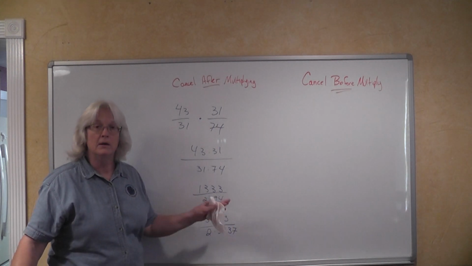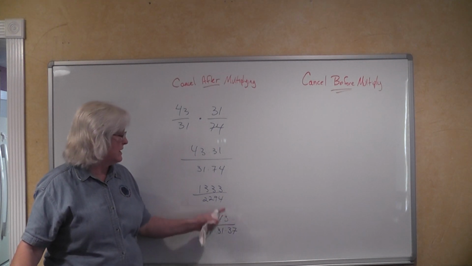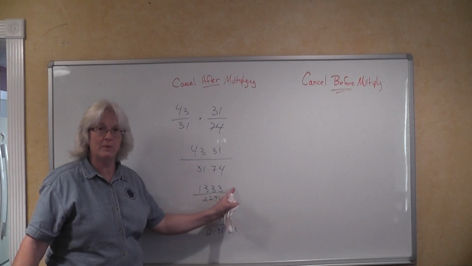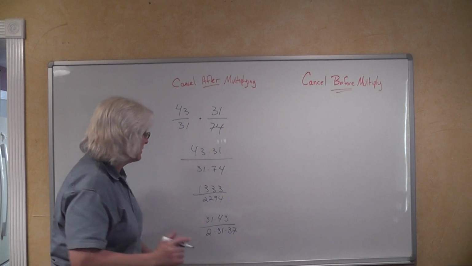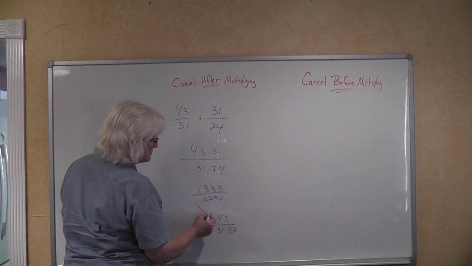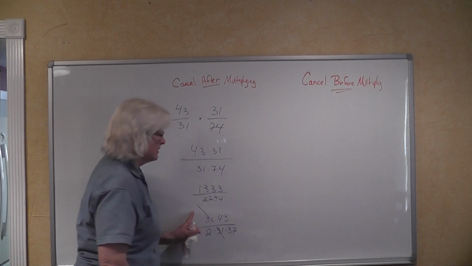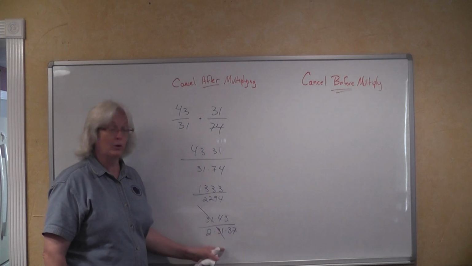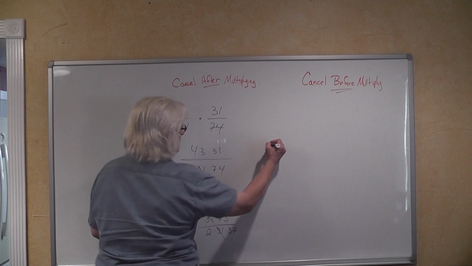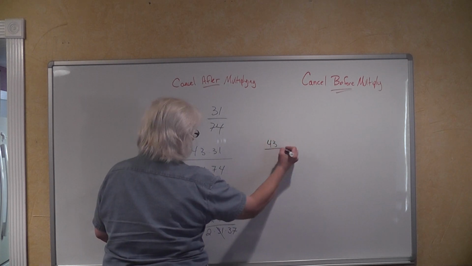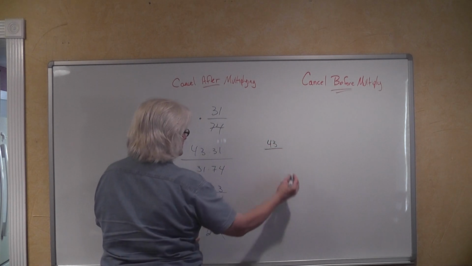Now we say, okay, I multiplied, I have my product, I factored it, let me cancel common factors. The only factor we have in common here is the prime number 31. So our product is 43 over 2 times 37,